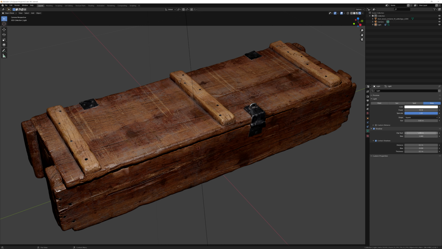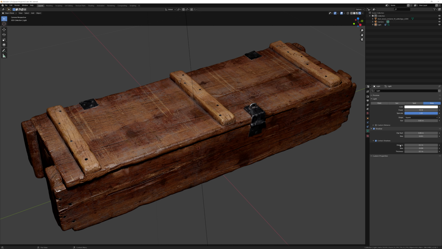In the shadow section right here is where the labor of love for Eevee Engine comes into play. Each of these settings can change quite drastically between lamp and between setting to setting. And if you don't know what each one of these settings are, if we were to hover over this bias here, for example, it's going to give us a little briefing on exactly what this does. So bias says that it's for reducing self-shadowing. So if we were to decrease this all the way down to its lowest value, you can see that the edge of that shadow has softened up ever so slightly.